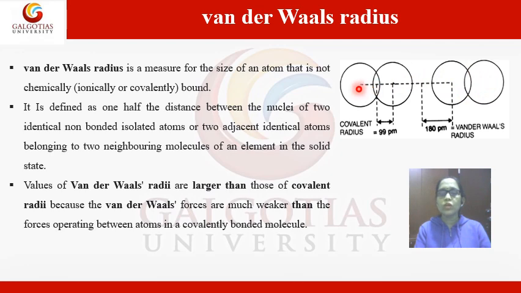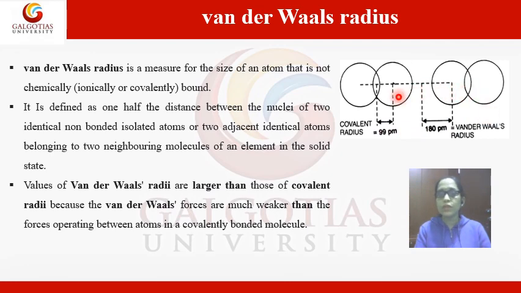When we calculate the covalent radius, it is half of the internuclear distance between the bonded atoms. So this is for this molecule, and the covalent radius is 99 picometer. The covalent radius of this molecule is also different. When we take this internuclear distance and divide it, we get the covalent radius. If it is homonuclear, the same molecule, then for this the covalent radius is 99 and for this the covalent radius is 99.